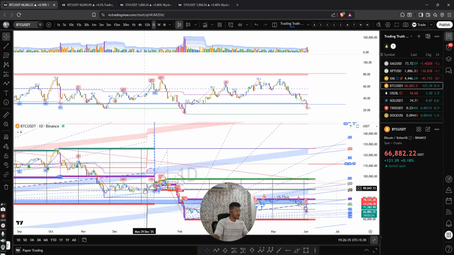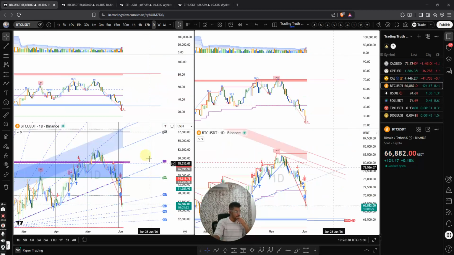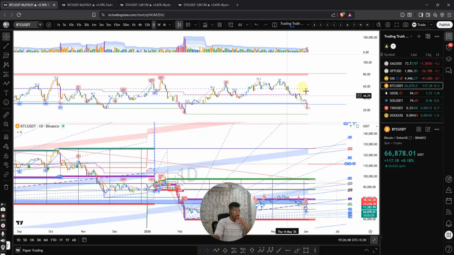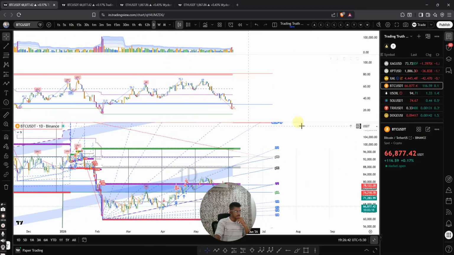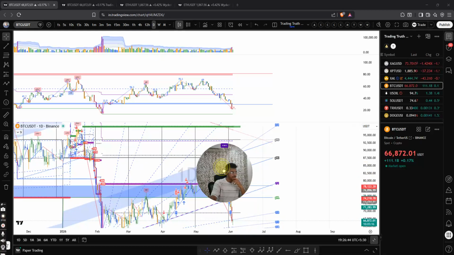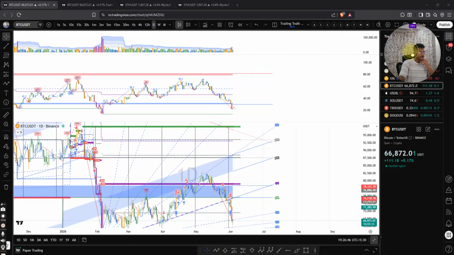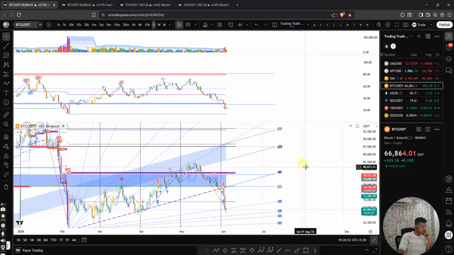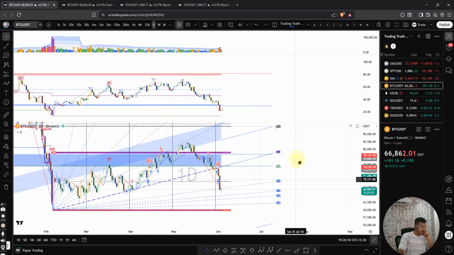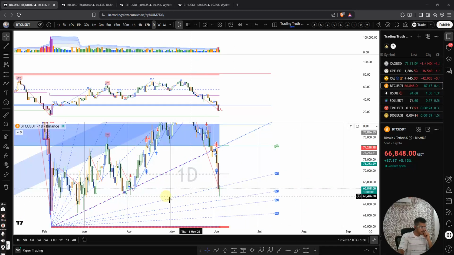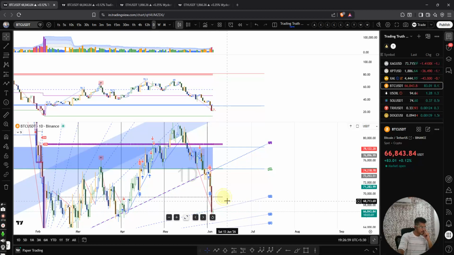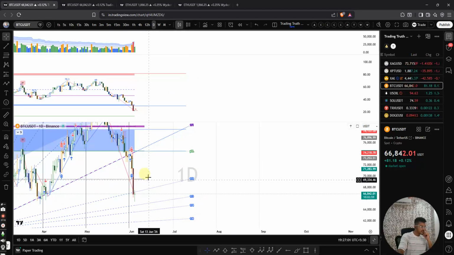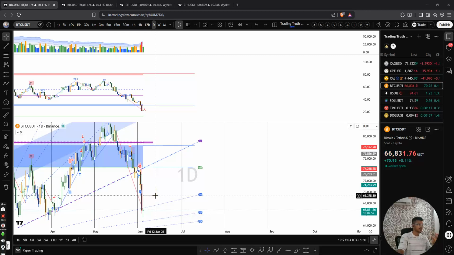Okay. So it is on the 1/2 trend line. If it closes above there, then we can see, market is going to stop. But if it's not, then, yeah,